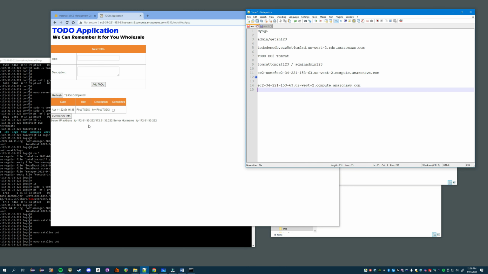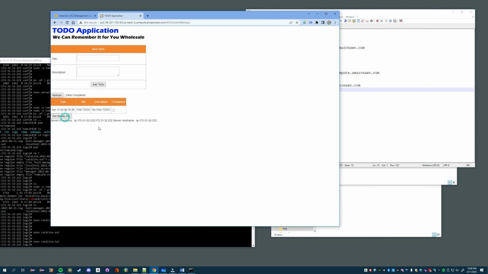153.63, but here it's not 153, it's something else. This IP address is the private IP address of this server in the AWS VPC, Virtual Private Cloud, or whatever you want to call it. So this is the internal address of the machine, and this is the external address of that same server through the firewall. So that's why they don't match. But the point is, we have a machine, and if you want to add